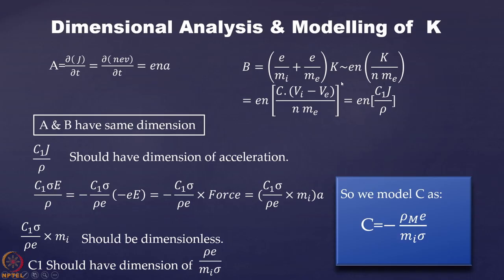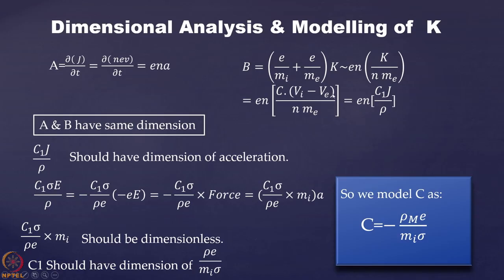Now this B has a dimension of e N and then K by N m_e. Now as I told you, we will model this K as some constant and then the difference in the velocities. That is what I just explained: if V i is equal to V e, they will never be able to impart any momentum. Like you and your friend both have a gap, but you are moving at the same speed, so you will never be able to catch each other. So it is the same thing. They will never be able to impart any momentum unless there is a difference in the velocities.